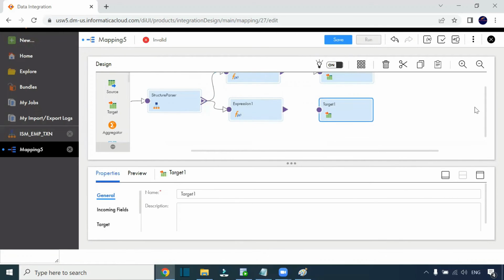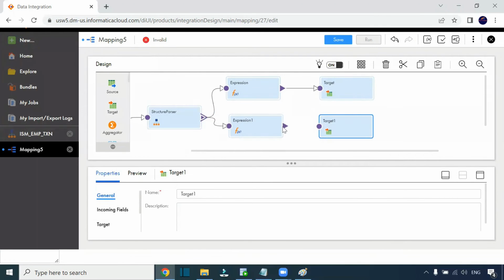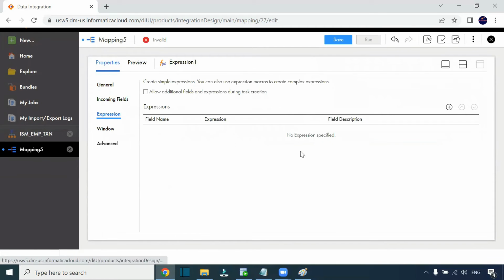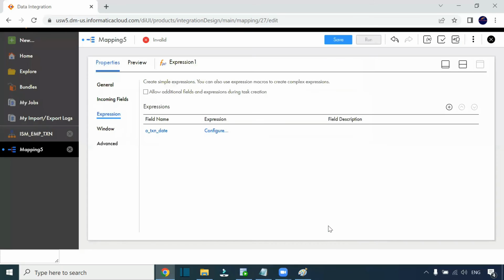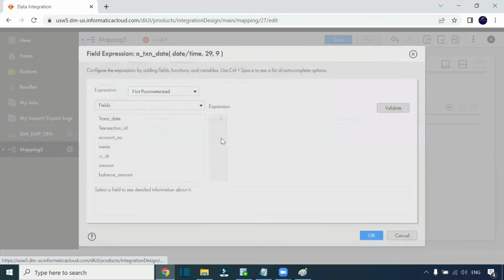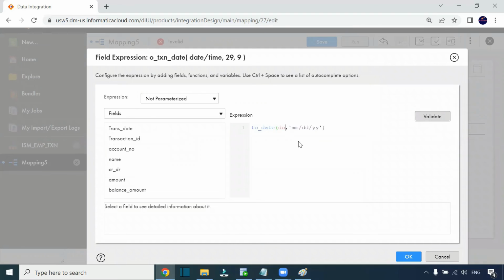So take the target and drag and drop, and expression 1. You can click, go to expression. You can create a new field O underscore TXN date. It's a date and time. Click on OK. Then go to config. In the config, you can provide the same way. So what is the format? So transaction date,